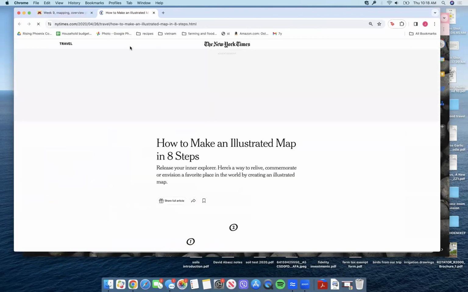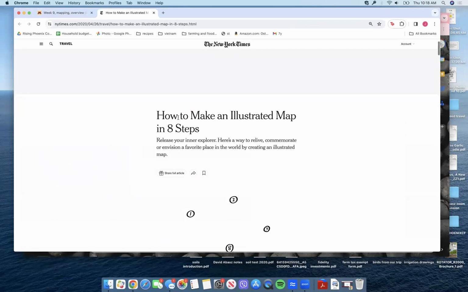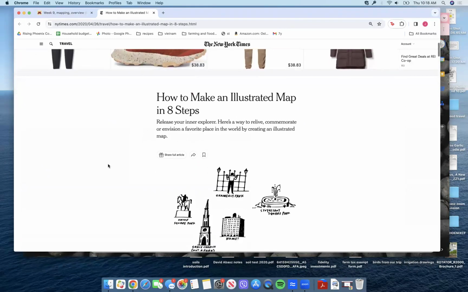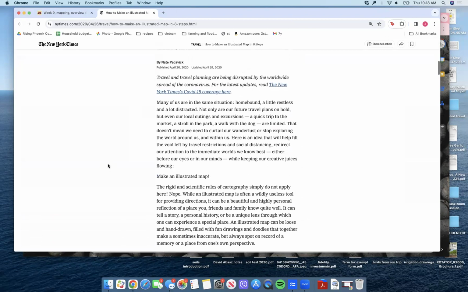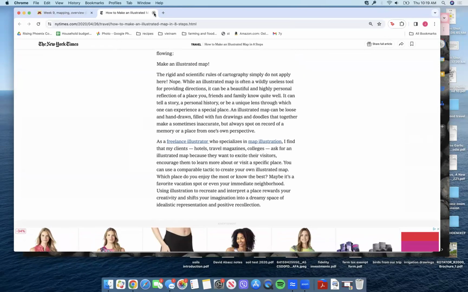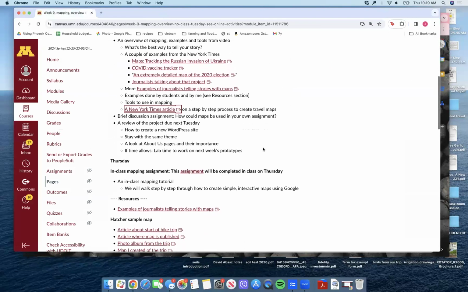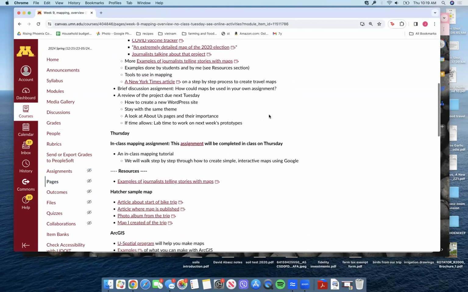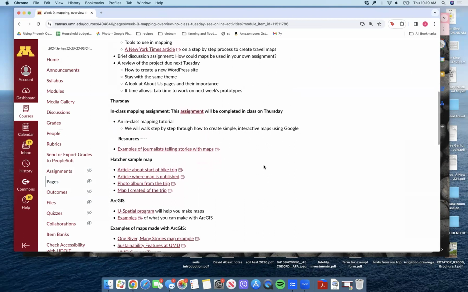If you want to learn how to use maps, this is kind of fun. How to make an illustrated map in 8 steps. It's pretty basic, but it kind of gives you the sense of the steps you can go through to create a map. So those are examples of professionals that use maps, but